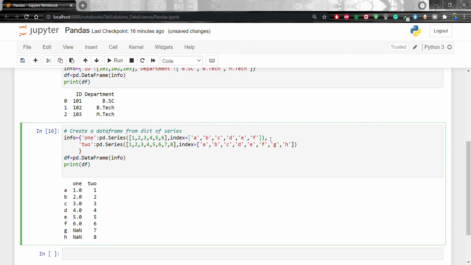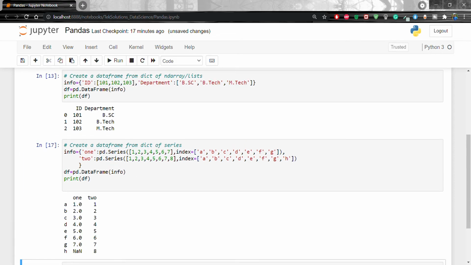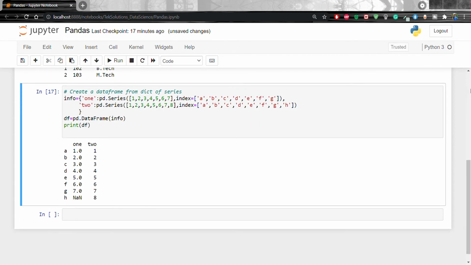Because 7 and 8 are not available. But for 2, that is 1, 2, 3, 4, 5, 6, 7, 8, all are available. Now if I pass 7 here, I pass G, and if I enter, then you will see 7.0 here also. So this is clear now.